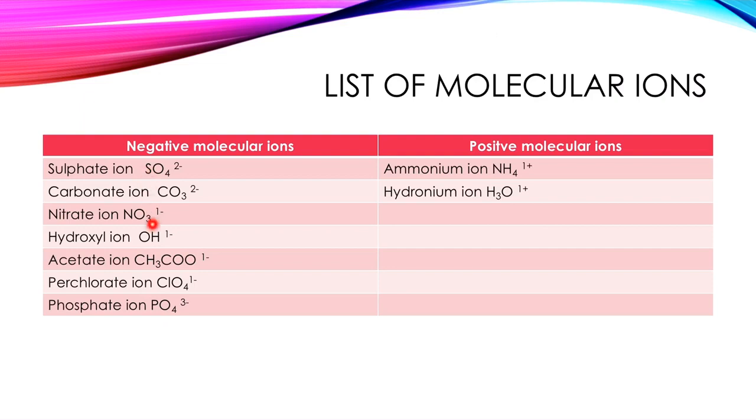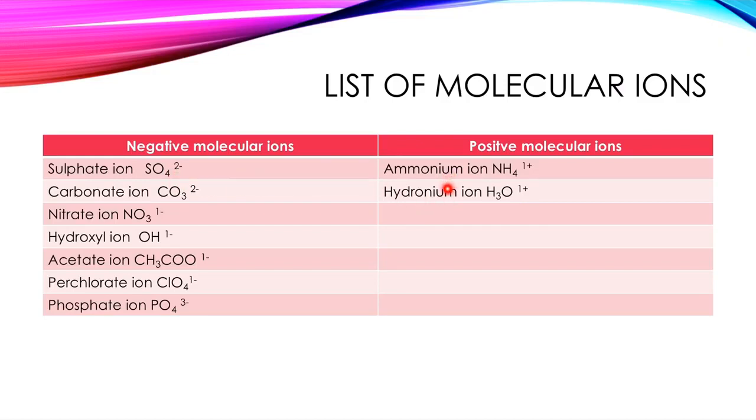Can you see all these are molecular ions, okay? Because they are formed by molecules. जब भी molecule ion electron को lose या gain करता है, so उसके ऊपर भी charge रहता है, ठीक है? Lose करने पर charge will be positive and gain करने पर charge will be negative. So what do you mean by 2 minus? इसका मतलब क्या है? SO4 ने 2 इलेक्ट्रॉन गेन किए हैं कहीं से, ओके? नेगेटिव चार्ज मीन्स गेनिंग इलेक्ट्रॉन. गेनिंग इलेक्ट्रॉन पे नेगेटिव चार्ज आता है, तो इसका मतलब जो 2 माइनस चार्ज है इसका मतलब ये है कि इसने 2 इलेक्ट्रॉन कहीं से गेन किए थे.